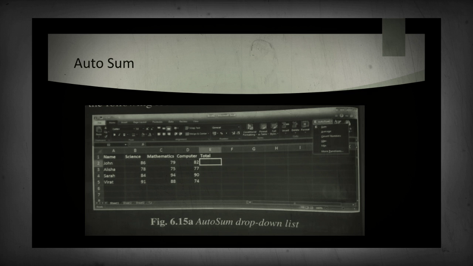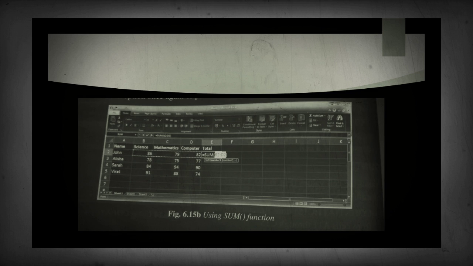In order to calculate sum, select E2, then click on the AutoSum option. A marquee will appear from B2 to D2. Now click on the AutoSum option once again or press the enter key to get the result in E2, using the sum function.